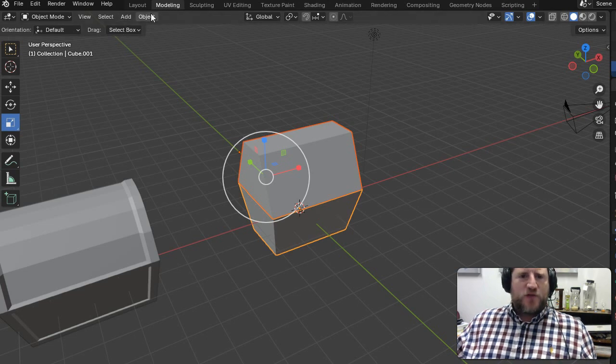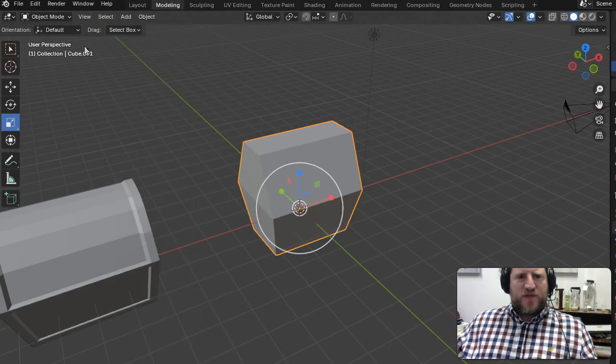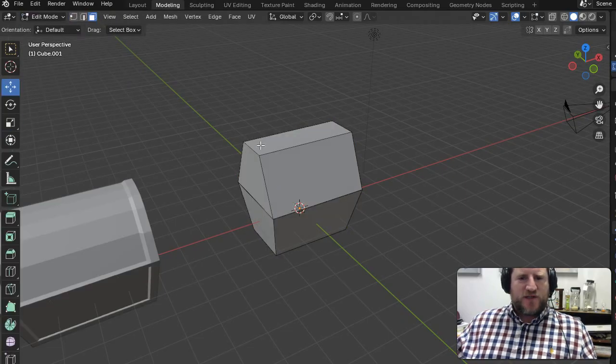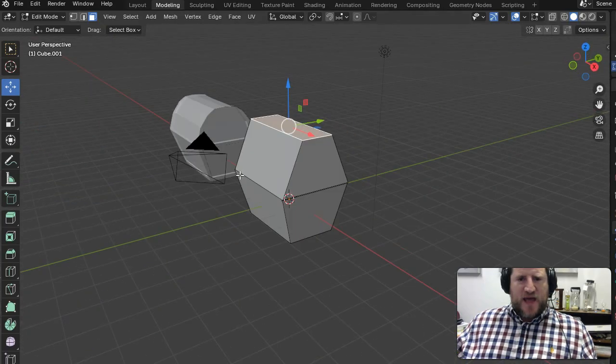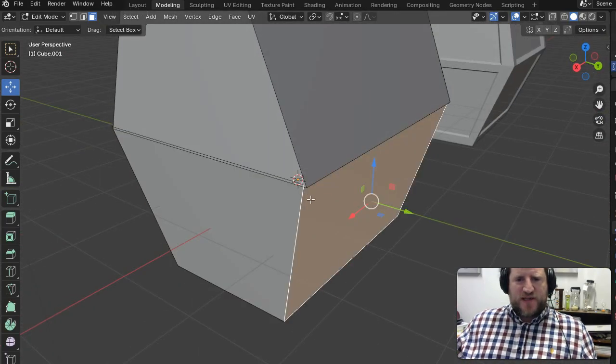And with the 2 objects selected, I'm going to go into object mode here, or the object tab, and I'm going to hit join. And what this does is previously when we clicked on edit, we could only click on one of these objects. But now we can click on both of them. And remember, the first thing I said was we want to actually connect these vertexes